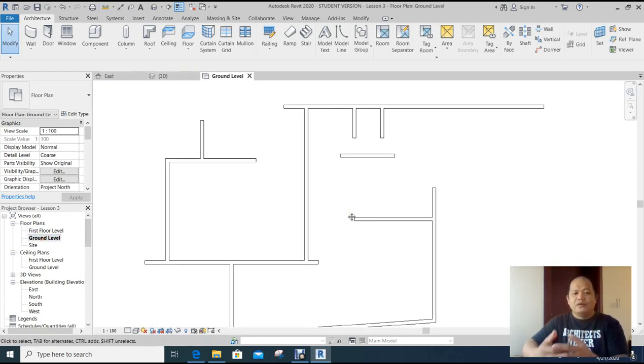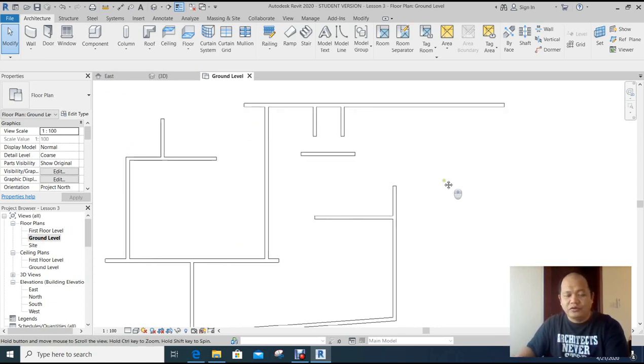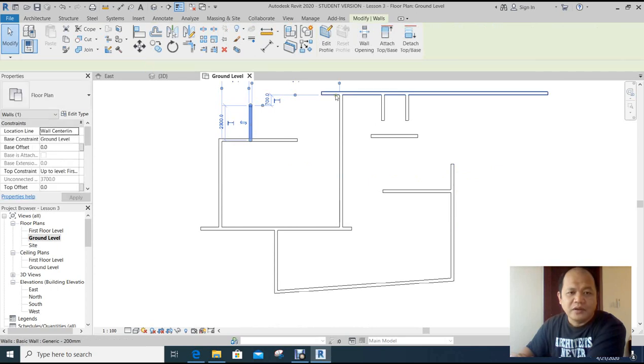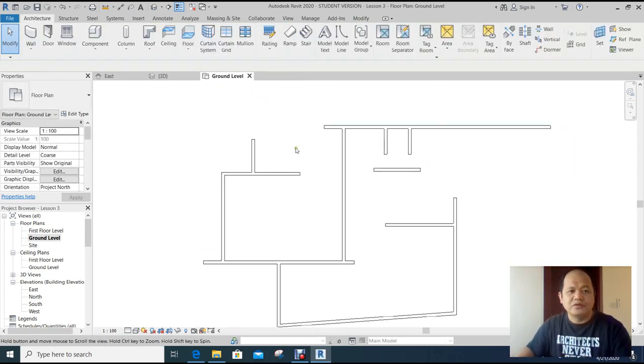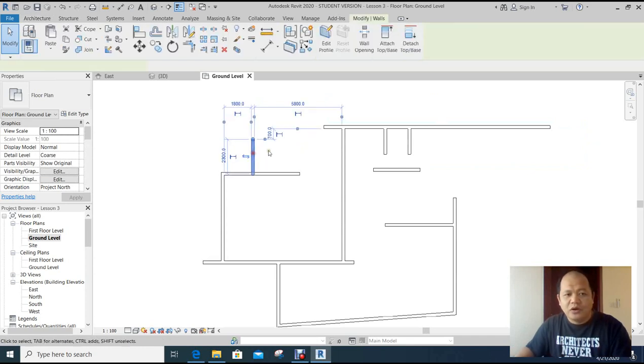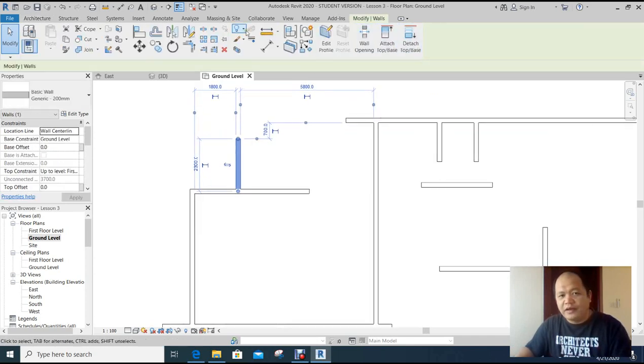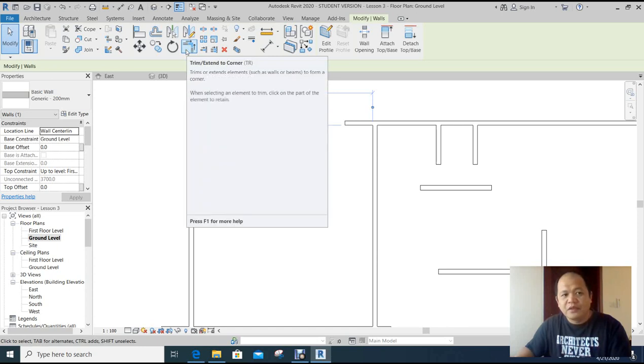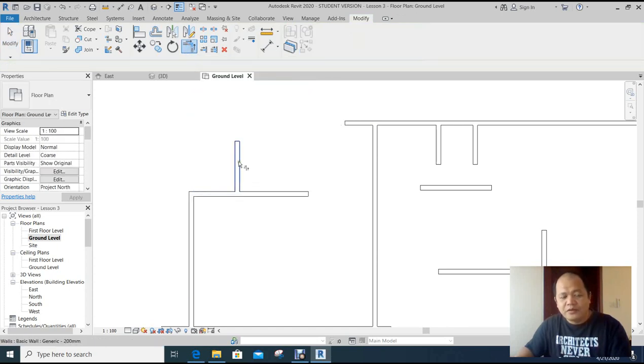And now let's learn some of the modify tools on how you deal with your walls. For example, you want two walls to intersect each other. When you select your wall, the modify tool will pop up, and you have this option, which is the trim extend to corner. If you click that, you can select those walls, and they're going to be